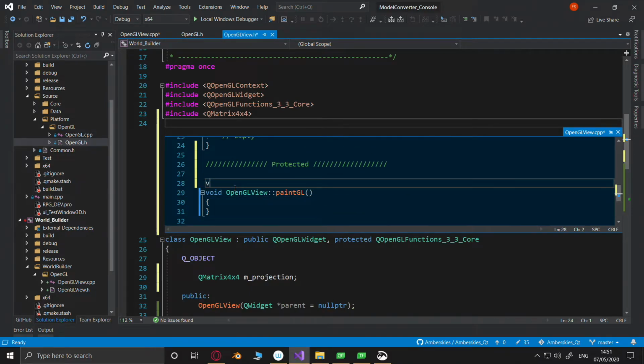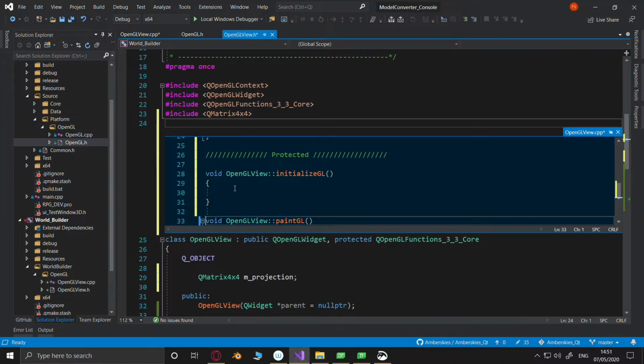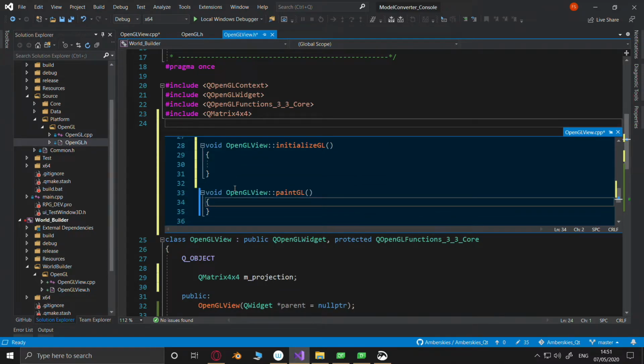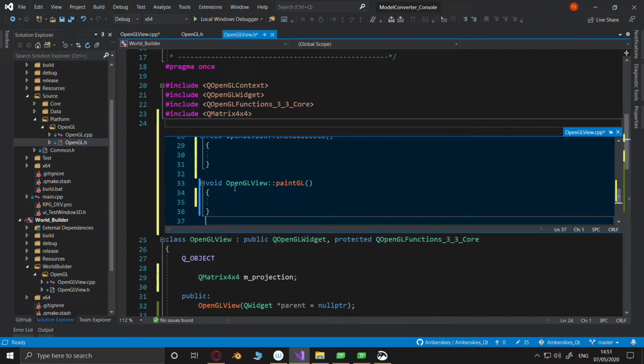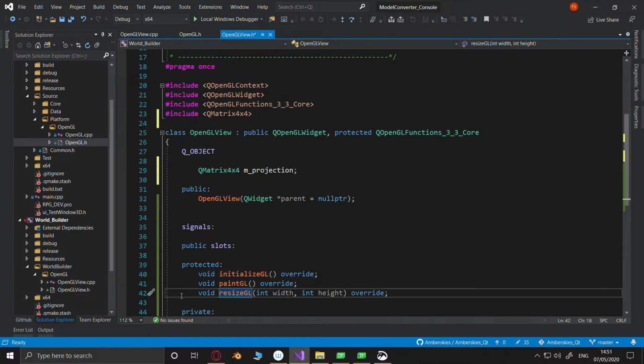And I want void OpenGLView::initializeGL. There we go. Pop you in. Looking good so far. So we'll save and done on that. And that just leaves us with this one.